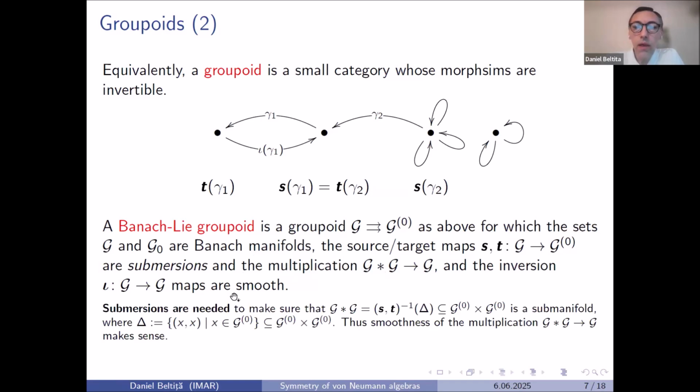More specifically, how do we prove that this is a manifold? It is the pre-image of the diagonal map. So this means the set of pairs for which the source of the first is the target of the second. That is the pre-image of the diagonal. And the diagonal is a submanifold in any way we wish. And the pre-image of a submanifold through a submersion, or even through a map that is transversal to the diagonal, will always be a submanifold in G cross G. So we do have a smooth structure on this set of composable pairs.